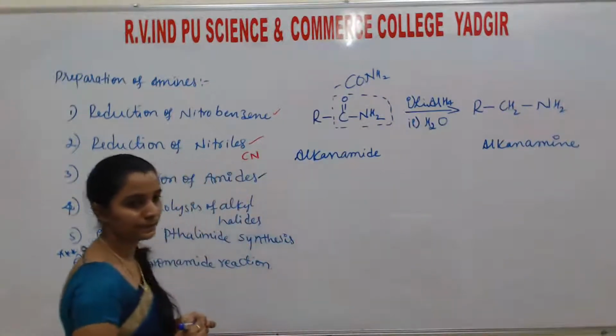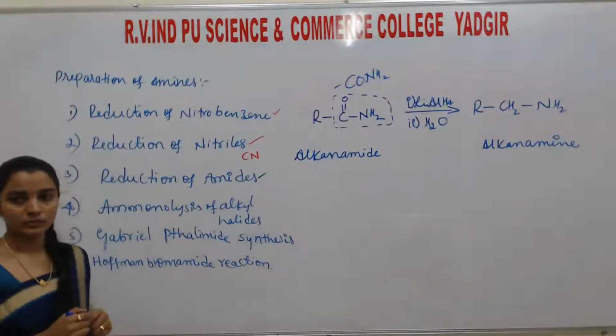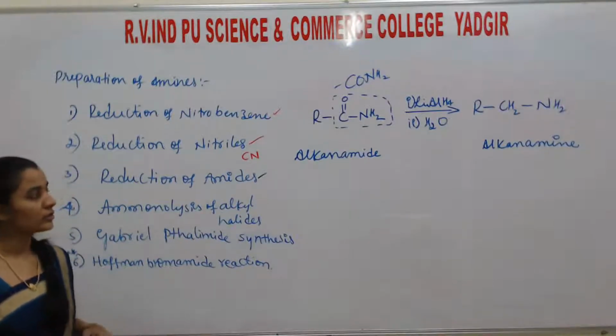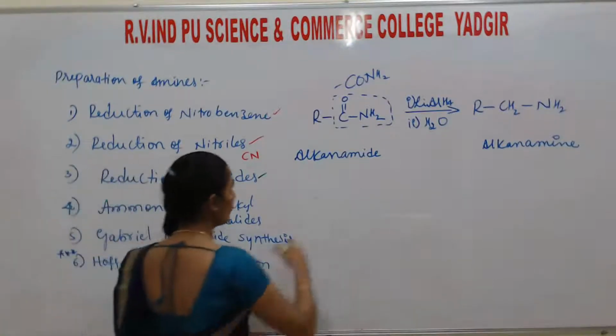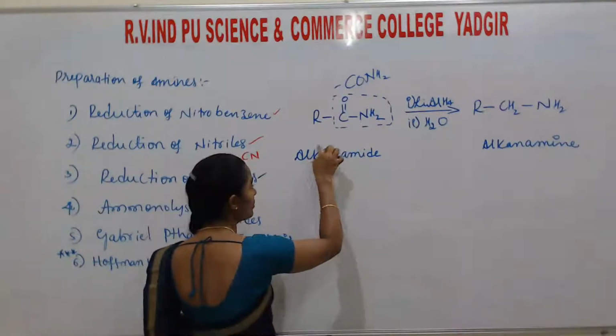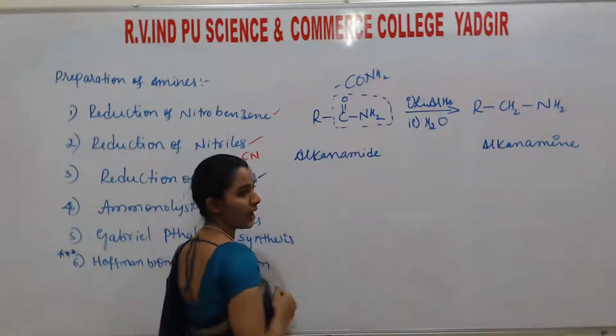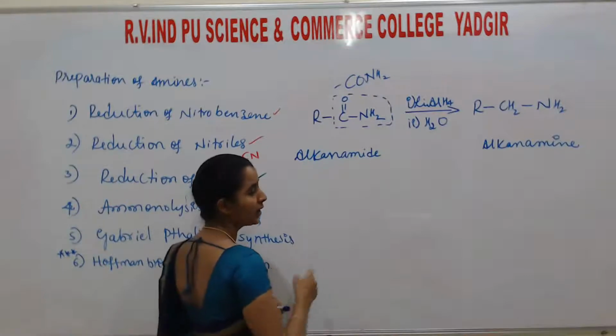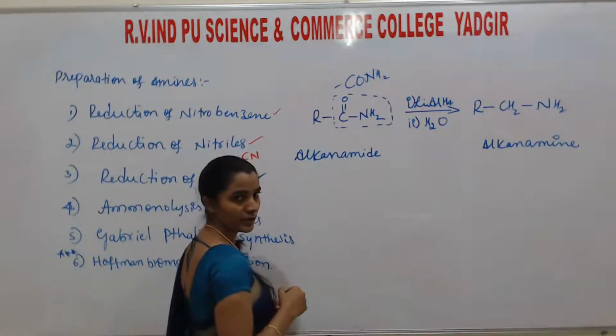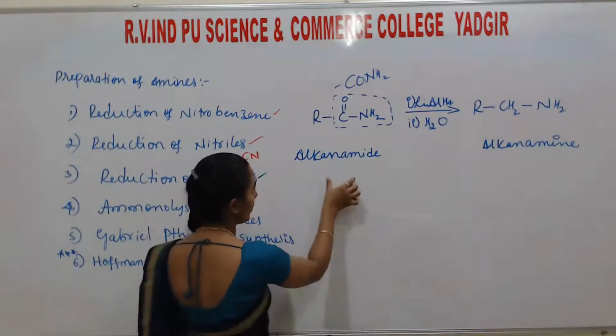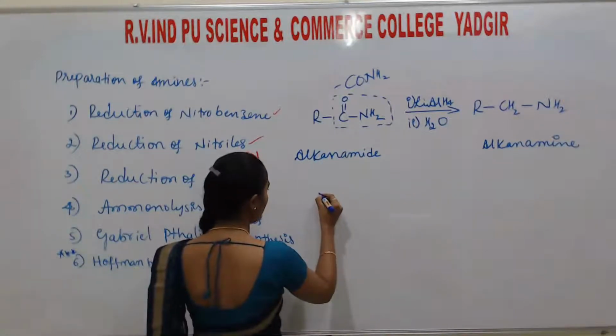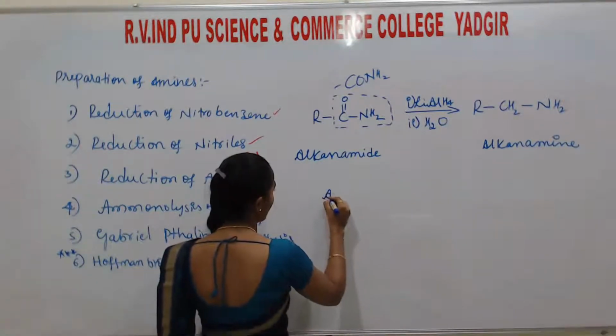Alkane amide. Okay, students, so here what happens? When this amide is reduced to amine, it reacts with lithium aluminum hydride followed by hydrolysis. Understand? So you have to write here, this is amide, you consider alkane amide